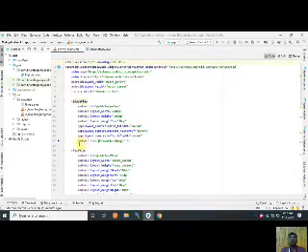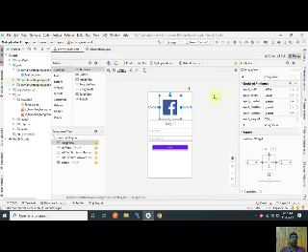We remove the tools and add the source and type the @drawable/fb_logo. That image is automatically inserted into the image view and now looks like this.